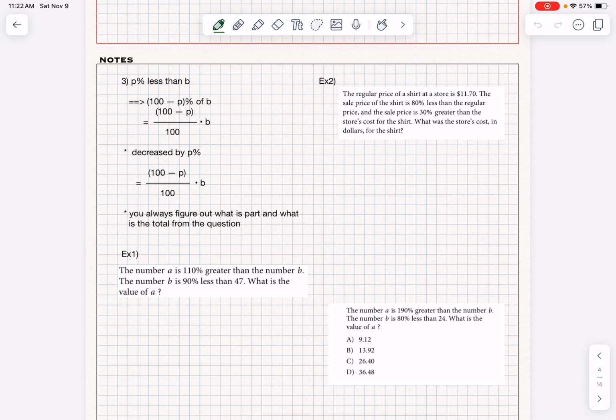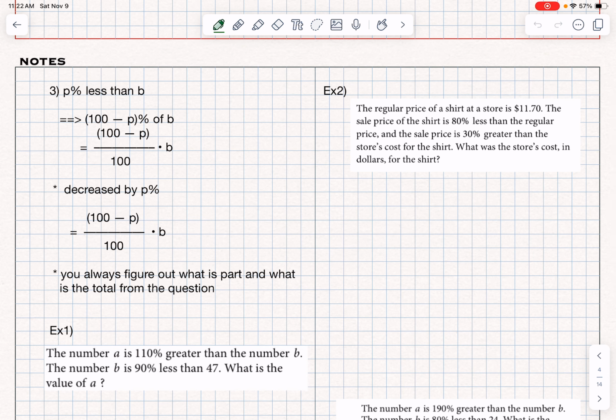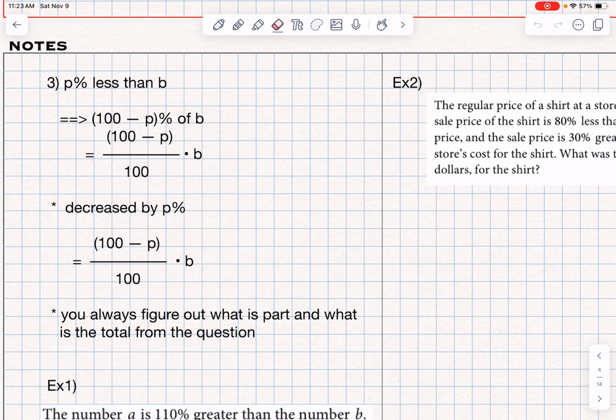Hello everyone. Let's study more percent problems. This time we will talk about p% less than b. If it is p% less than b, it means they're comparing to the original b amount, but they want p% less